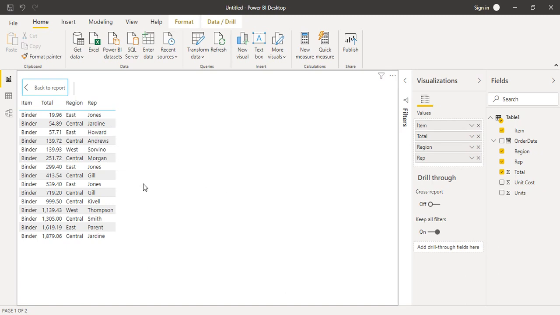That is, I can just create a CSV file that contains all these records. So for that, what I can do is click on these 3 dots, that is for more options, and the first option that I've got is export data. If I want, I can just export it.